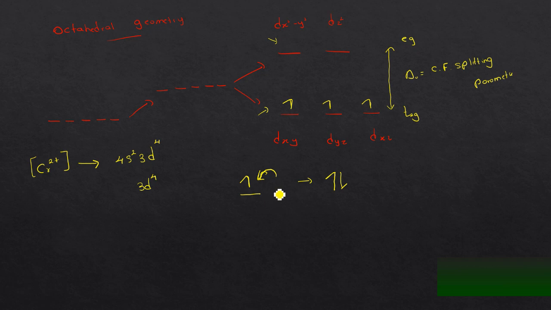So in order to put an electron into this orbital, I need to give energy. There is a specific energy barrier to pass in order to fill this orbital with another electron, right? This energy barrier, we call it pairing energy, right? We denote it as EP. We call it pairing energy,